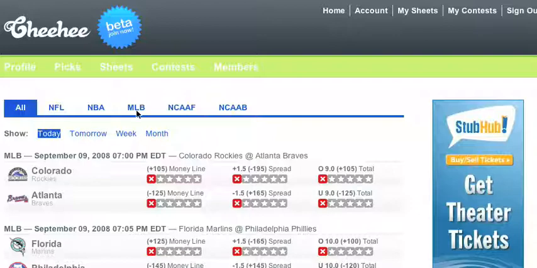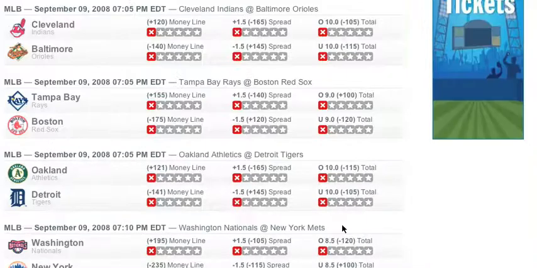You can sort them by league and time period. Let's choose baseball. Today. Now, select the team you like either to win the game outright, to cover the spread, or for the total score to go over or under the number listed. Each star is worth 100 points, so the more confident you are in your prediction, the more stars you should